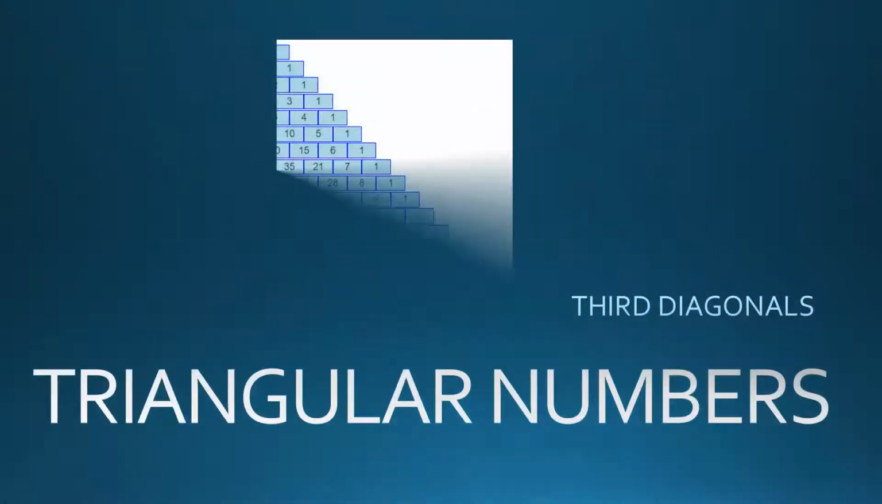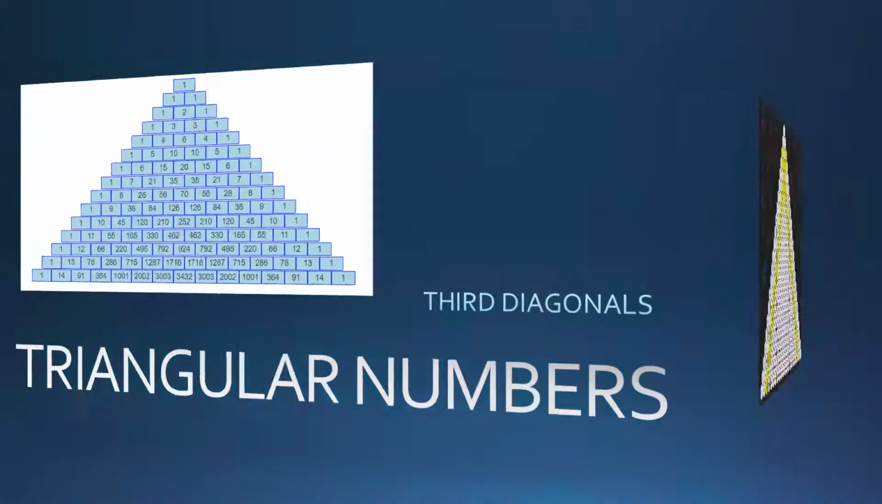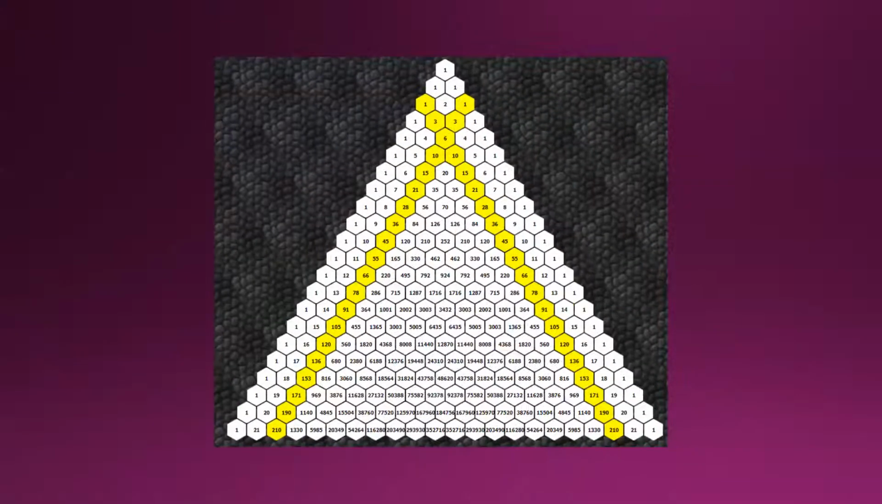In the third diagonals, we have triangular numbers. The first diagonal had the number 1, while the second diagonals had the counting or natural numbers. And the third diagonals have a special sequence of numbers, which goes as follows: 1, 3, 6, 10, 15, 21,